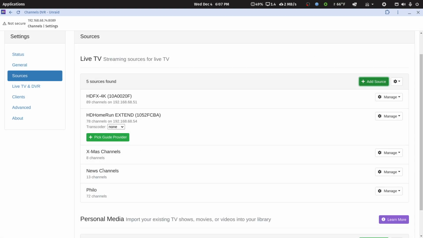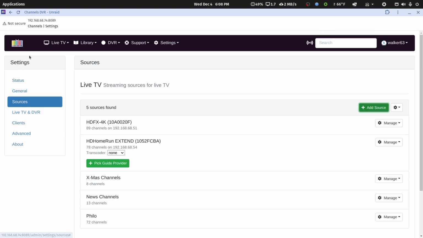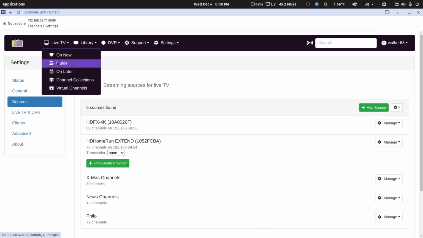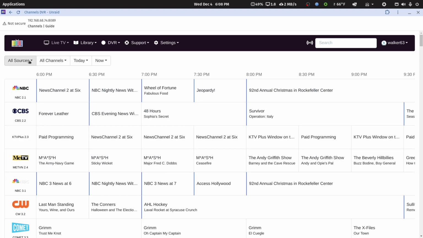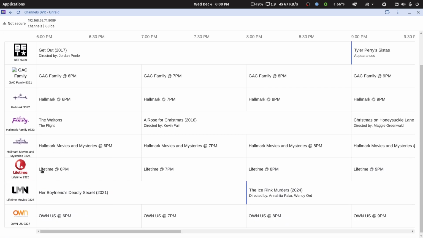This is just what I've done. And this is the free TV everywhere option from Philo. I don't pay for Philo, but I did a video showing how to add a TV everywhere source option. So that's added into my tuner. So if I go to live TV and the guide, it's not a great web interface. You can see all these different tuners, and this is what I brought in